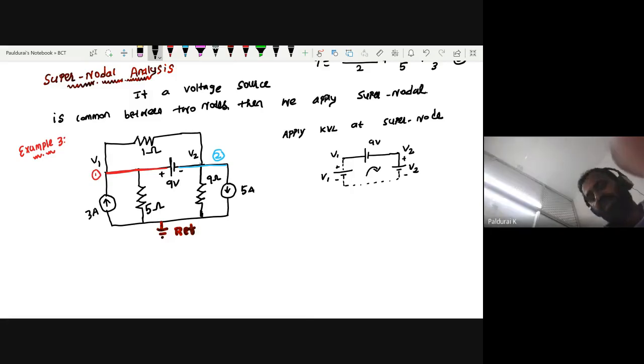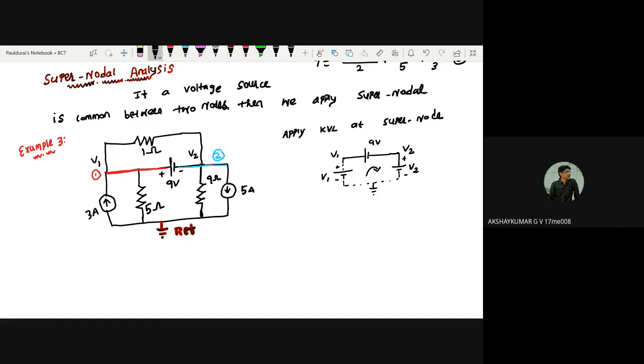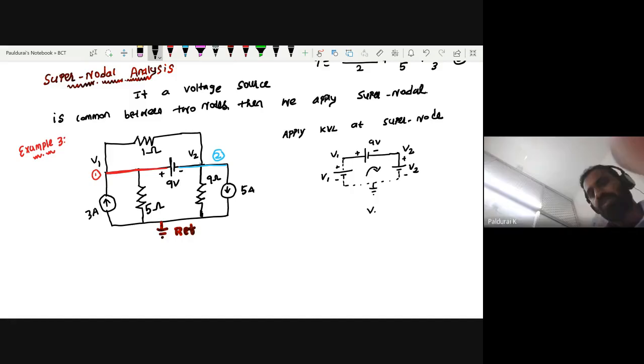Apply KVL. What's the equation? The supernodal equation. Anyone? V1 minus V2 equal to 9, sir. So V1 minus V2 equals 9. Without solving like this, by seeing the branch itself, it is easy to predict. This is V1, this is V2. So V1 minus V2, considering the starting polarity,